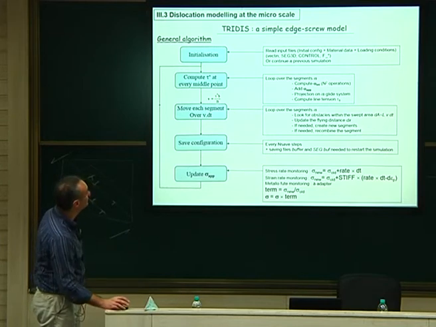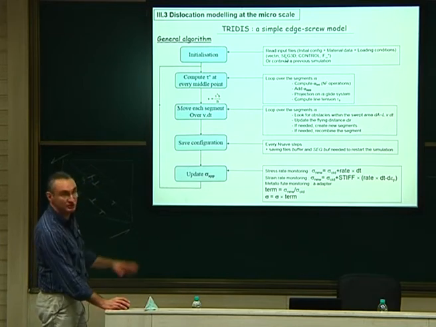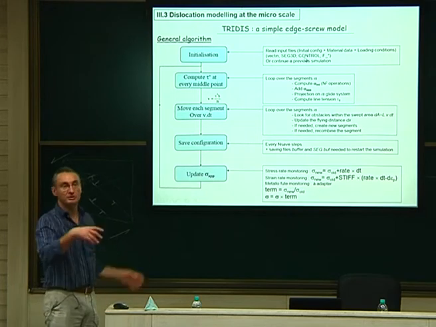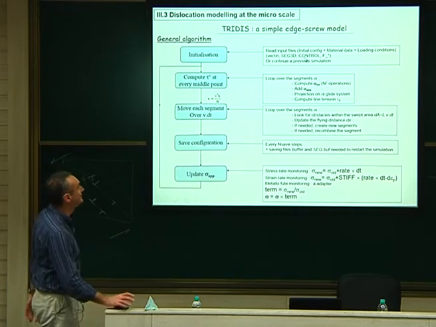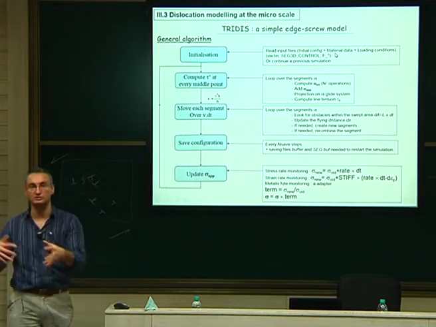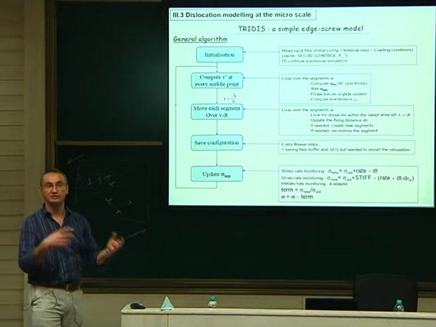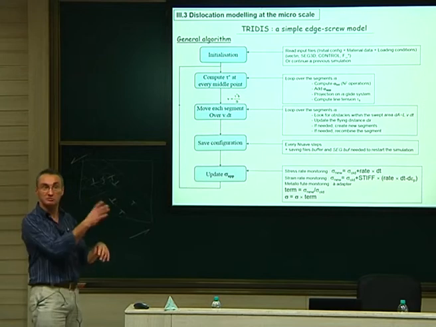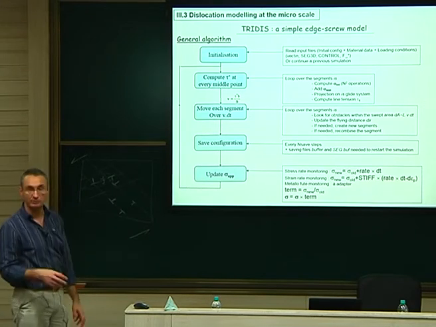Then sec3d is the configuration of your segments. What do you have initially in your box? And control is all the parameters of your simulation. What are you doing to that? And F is the facets, just to define the boundaries, where the dislocation stops and so on, if it's periodic or not periodic. This is all defined in F. So it's very simple, just 4 files to fill up, and that's it.